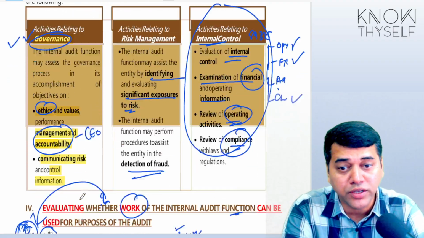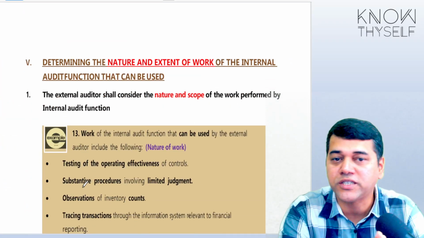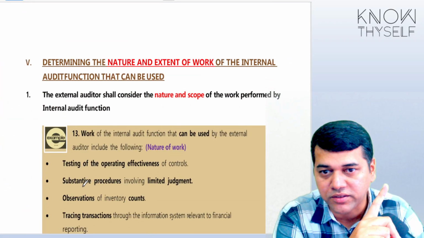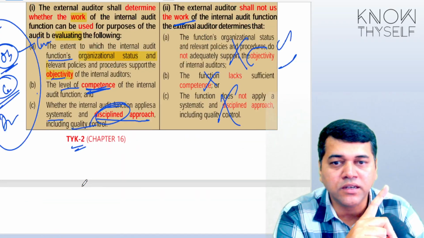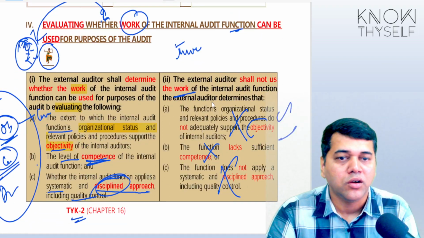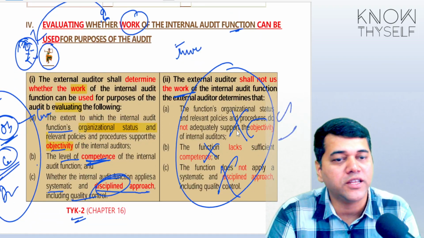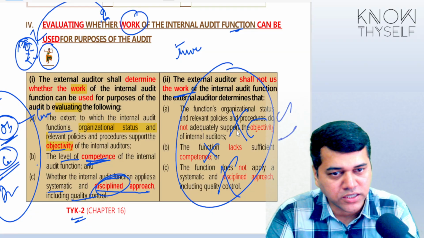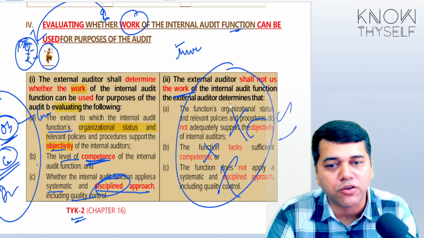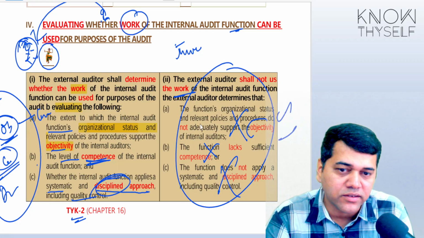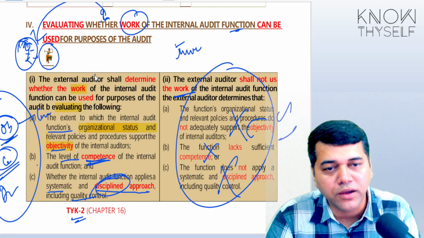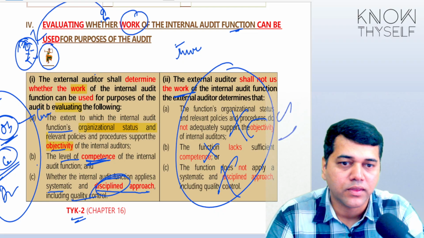See the way they have presented. In chapter number 16 they didn't start with the objective. They straight away started with when you should not use. This portion they told. Anyhow, you understand, no? So you can strike it off and give a cross reference here, because here we are learning together what you need to evaluate and when you should not use.